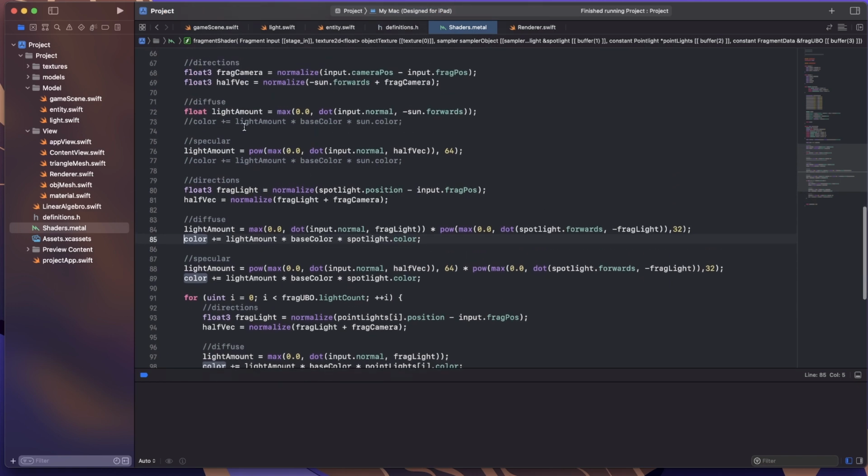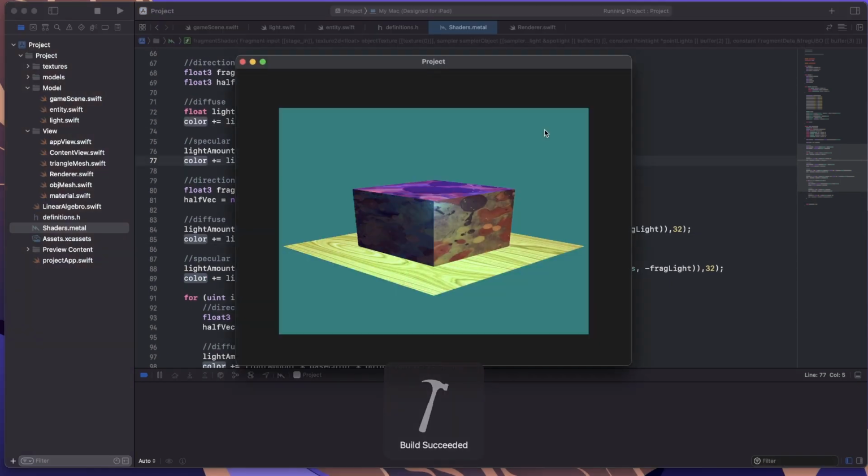And then we can enable the sun. And yeah, now we've got the point lights, the spotlight, and the sun. It's a little ugly, a little hard to see when we get everything working together, but it is there. And then anyway, the point is to look at data and things anyway. So yeah,